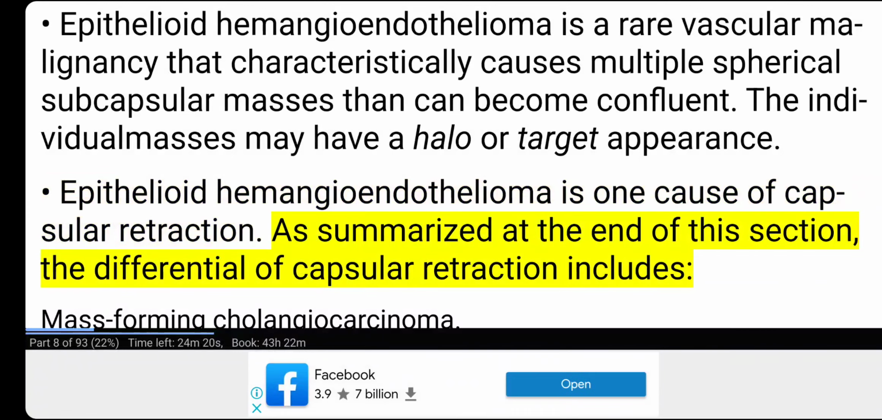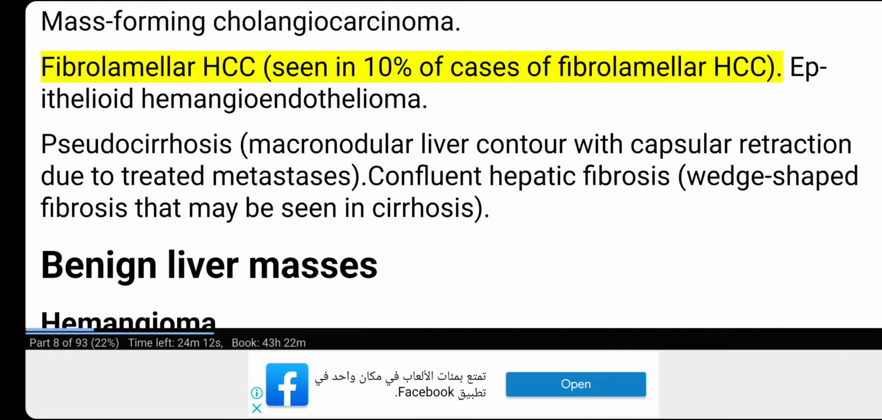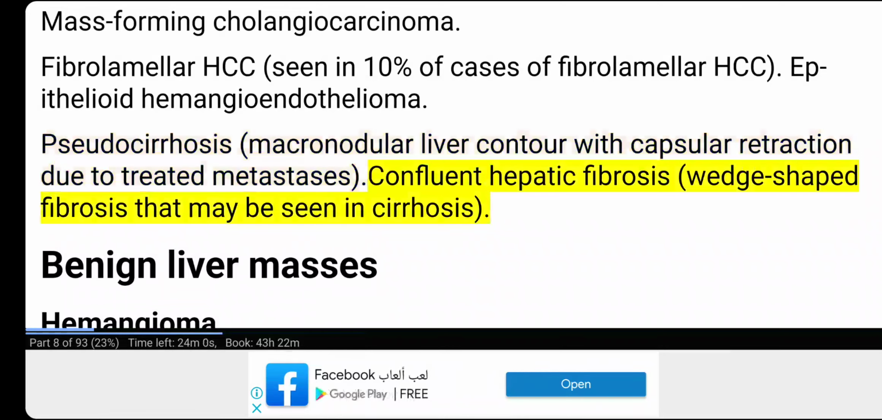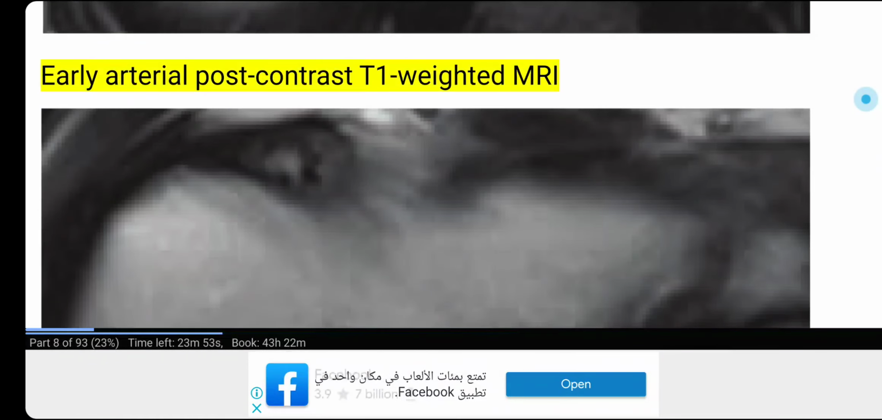As summarized at the end of this section, the differential of capsular retraction includes mass-forming cholangiocarcinoma, fibrolamellar HCC, seen in 10% of cases of fibrolamellar HCC, epithelioid hemangioendothelioma, pseudocirrhosis, macronodular liver contour with capsular retraction due to treated metastasis, confluent hepatic fibrosis, and wedge-shaped fibrosis that may be seen in cirrhosis. Benign liver masses: hemangioma. Early arterial post-contrast T1 weighted MRI,